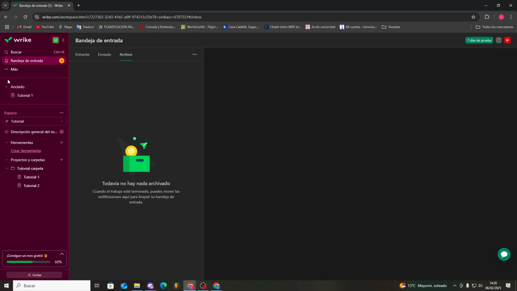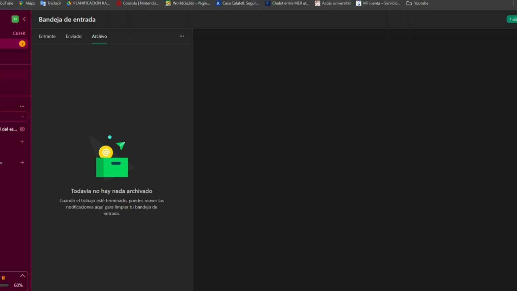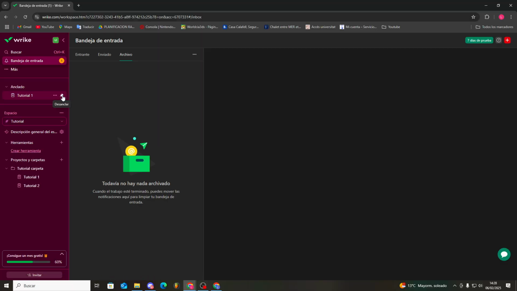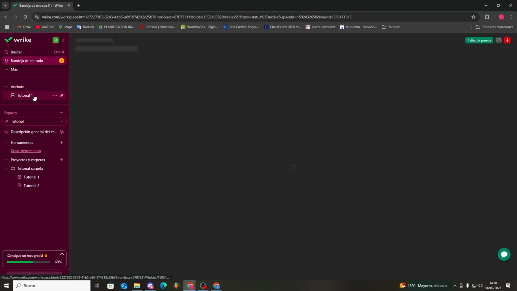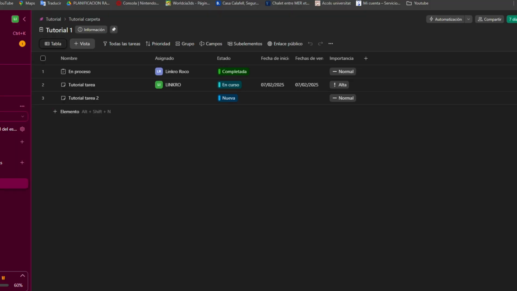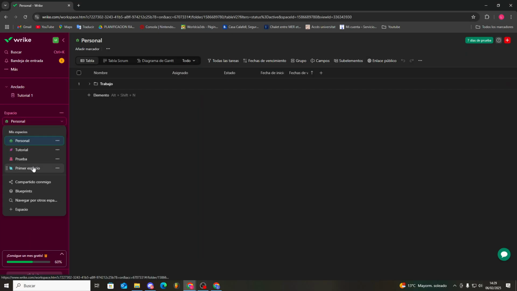There's also a section for pinned projects, allowing quick access to your anchored items. From here, you can unpin a project or enter it if needed. Next comes the Spaces section. Here we have a drop-down to access our personal space and all spaces we've created or that have been shared